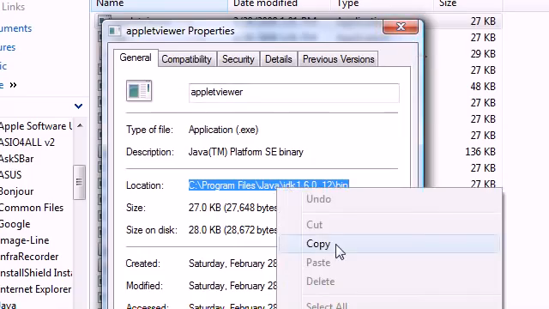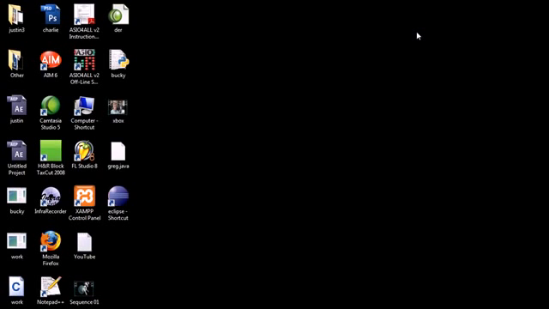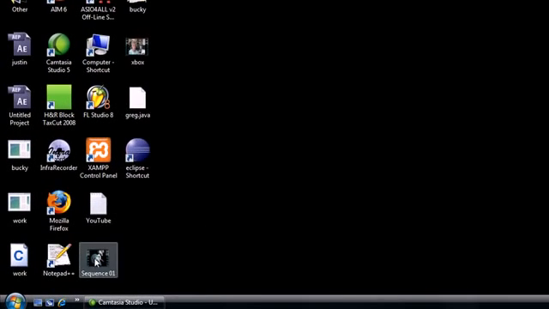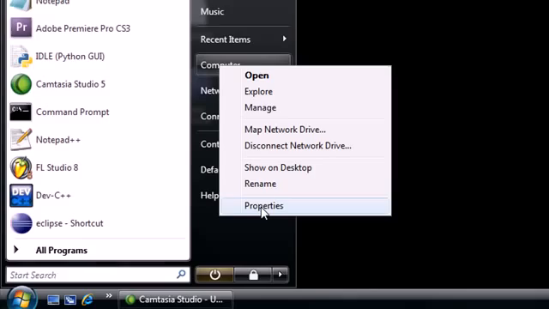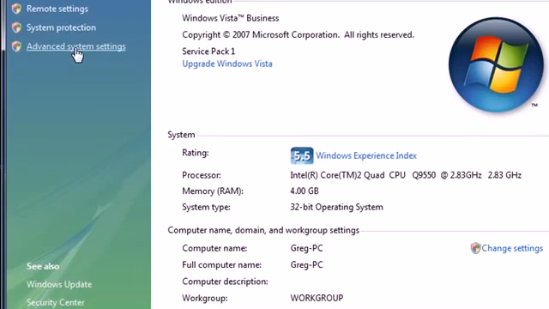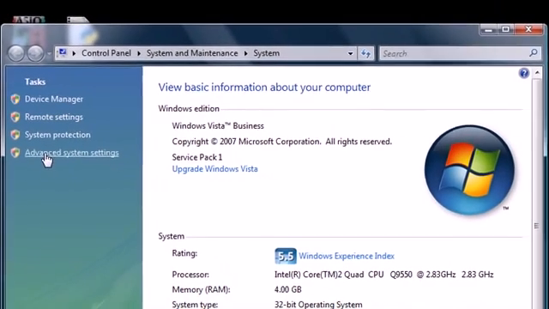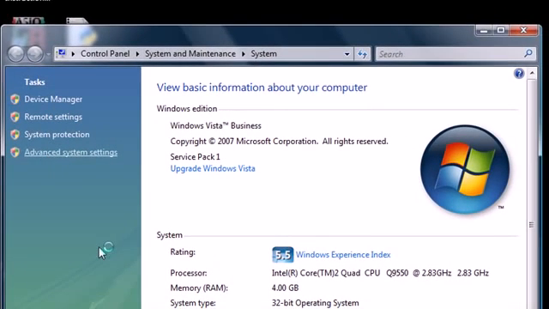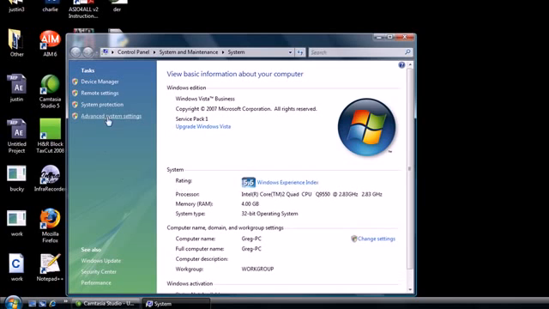So once you have this golden code, that's what we're looking for. Go ahead and X out of that. Now that's where the compiler is. So how do we tell your computer to look there? Well, go ahead and click My Computer again from your start menu, and click properties. Remember, you want to right click it and click properties. All of these are very important. Go ahead and click advanced system settings, and a little message may pop up. My computer is freezing, but there we go. So my computer, properties, advanced system settings, continue,